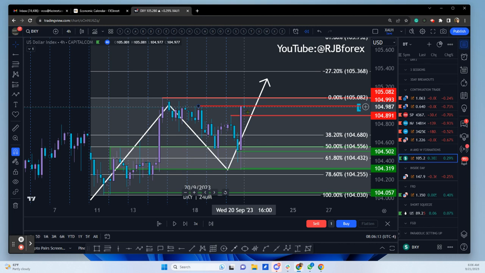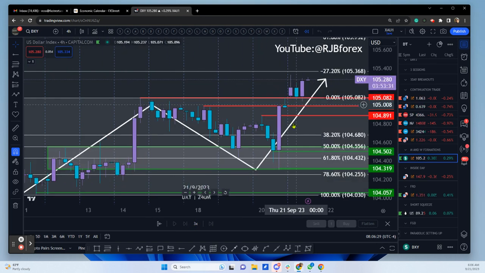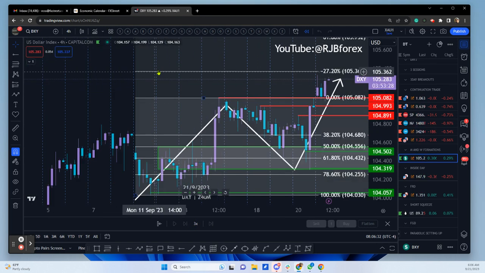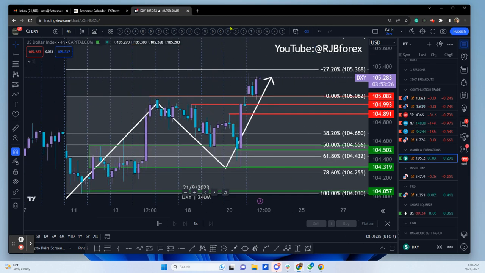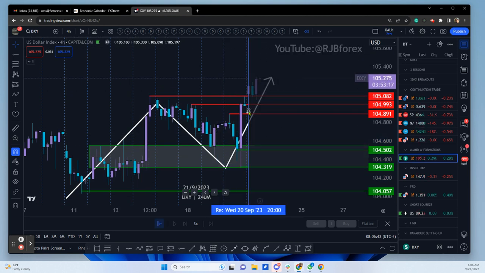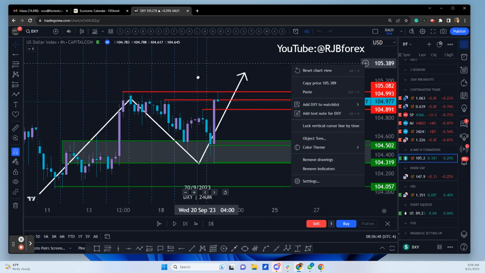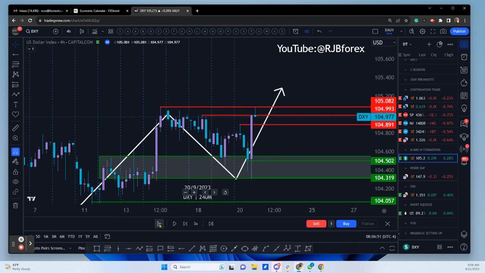So we broke up, we broke structure, and this is the point when you start thinking, right, I want to start engaging in this market. Okay, so that's just a demonstration of how we monitor the corrections, and then we got this continuation. What I can now do is measure. Well, sorry, let me pull back a bit. If at this point here, so as we're showing signs of moving up, now even at this point, if we go back another step,